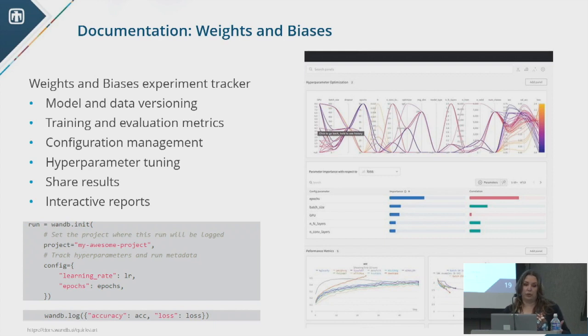Again, this is the amount of code it takes just to get started tracking some of the metrics during training. And another thing that I find valuable just as a developer is that I might not always be the best at committing to Git every time I make a change to code. There's an option in this that allows you to track exactly what code you ran to perform the experiment, and it just stores it there. So if I ever need to reproduce that, it's there, and I don't have to rely on myself to remember to commit everything. So I think it's great. I don't work for any of these companies, but this one might be my favorite tool because it saves me from me.